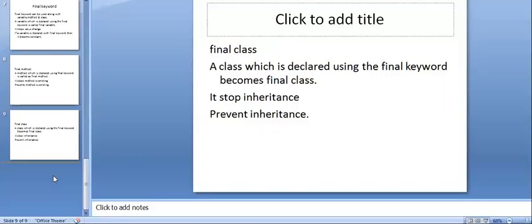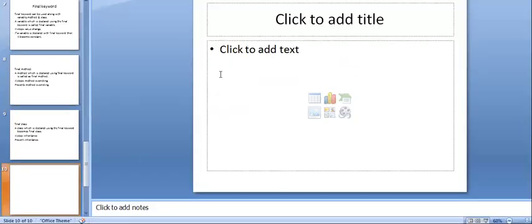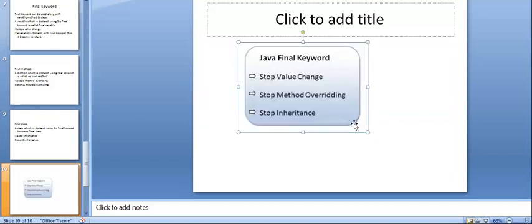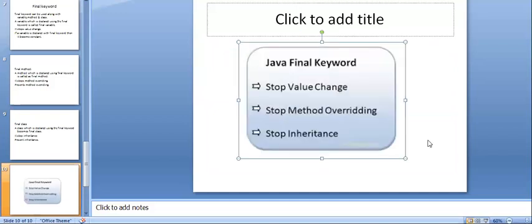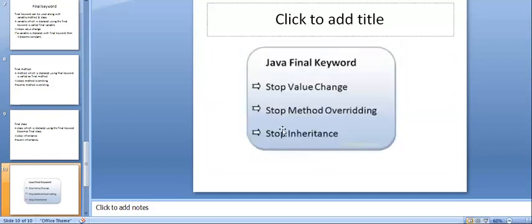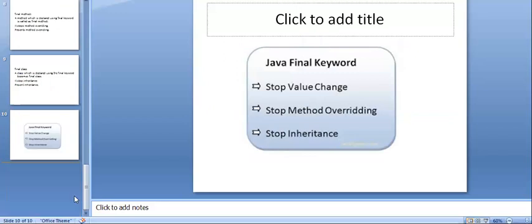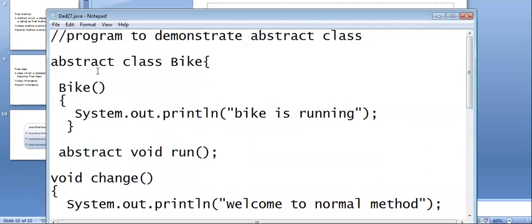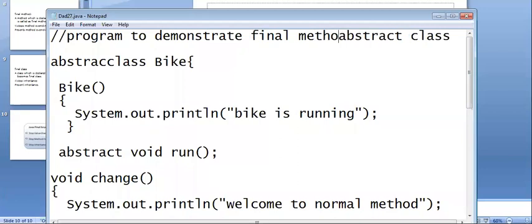With the help of the Java final keyword, it stops value change, it stops overriding, and it stops inheritance, right? And we can go to the small program regarding the final method, the same program to demonstrate the final method.